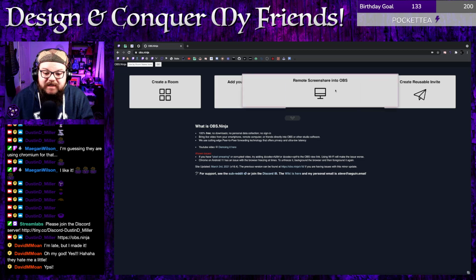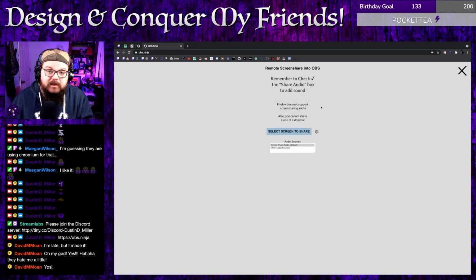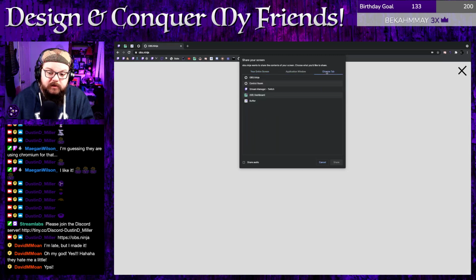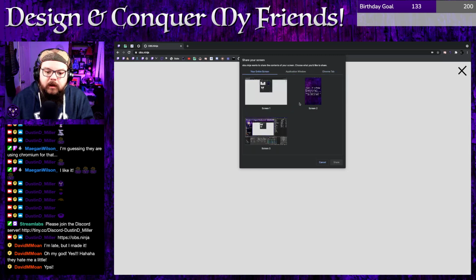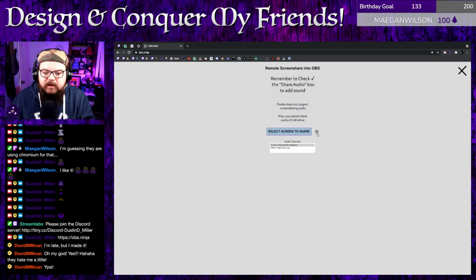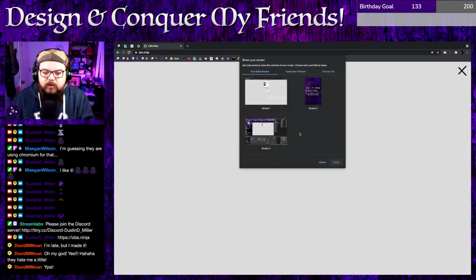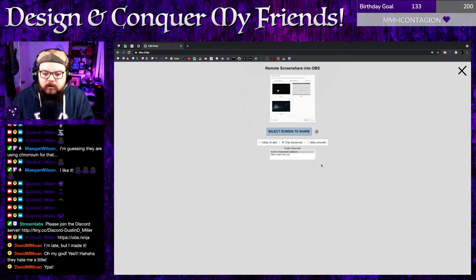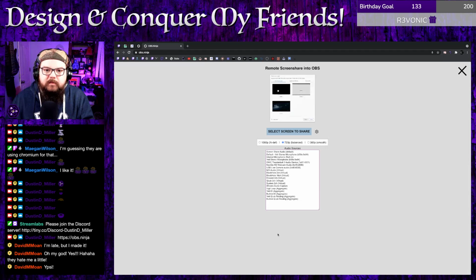Remote screen share is the same thing as camera, except you're selecting your screen to share, which I have 3, or application windows, or even Chrome tabs. Because it's built on Chromium, you can do that. You have those options, you select it, and then where's the button? Oh, right here, audio sources. So screen share audio or other audio sources, and then it pops up a list of stuff.